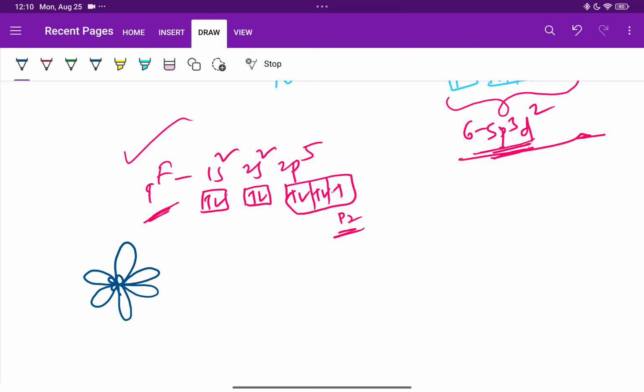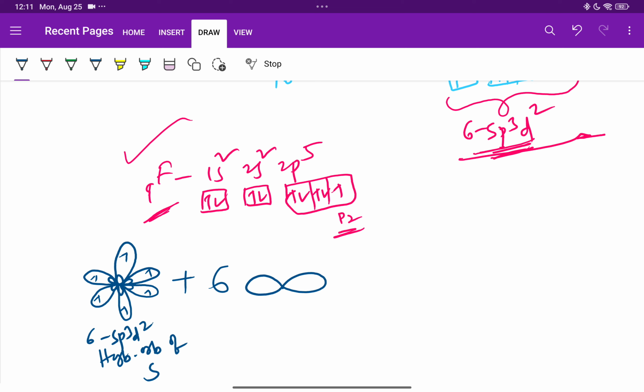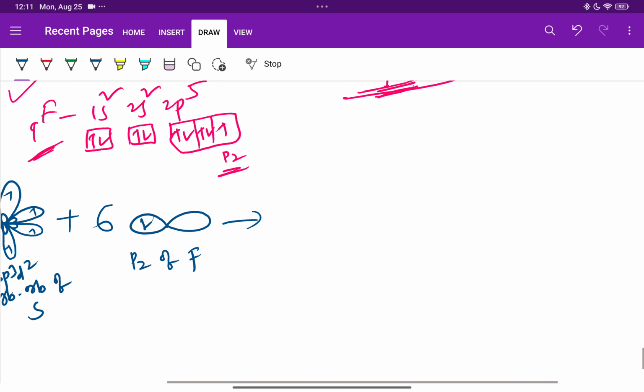So these 6 sp3d2 hybrid orbitals of sulfur, having unpaired electrons, overlap with 6 fluorines' pz orbitals. So this is pz of fluorine. Then you can guess the overlapping